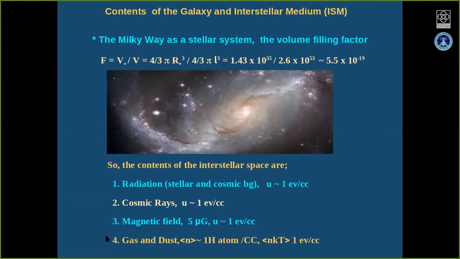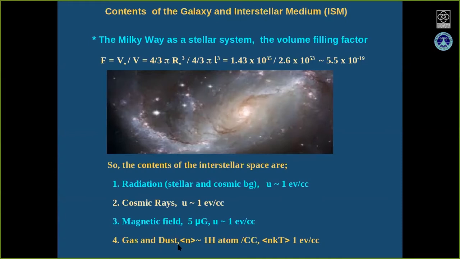And the fourth one, which is very important, is gas and dust. Generally, the ratio of gas to dust in our Milky Way galaxy is nearly 0.006. So what is the density for gas? It is nearly 1 hydrogen atom per cc, and this is nothing but the energy density, 1 electron volt per cc. Now, if you consider the dust,